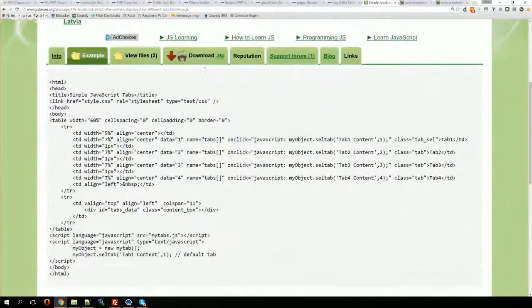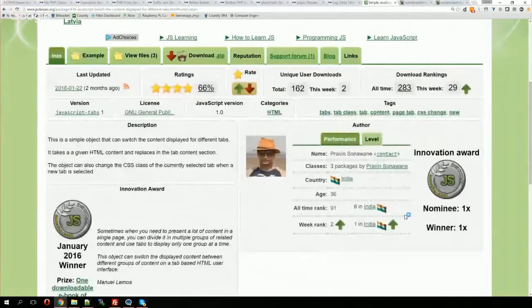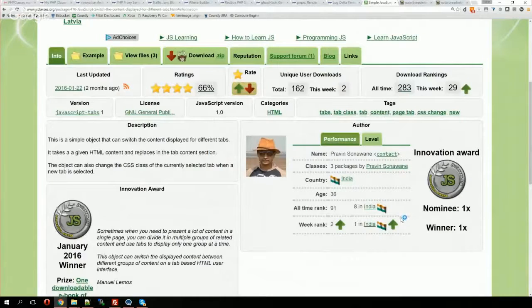So as I said, it's quite simple, and it's probably innovative because it's the first of its type on this site, right? Yes, it's quite simple, not something we haven't already seen, but the idea here is to have just a few tabs and a simple way to switch the content.